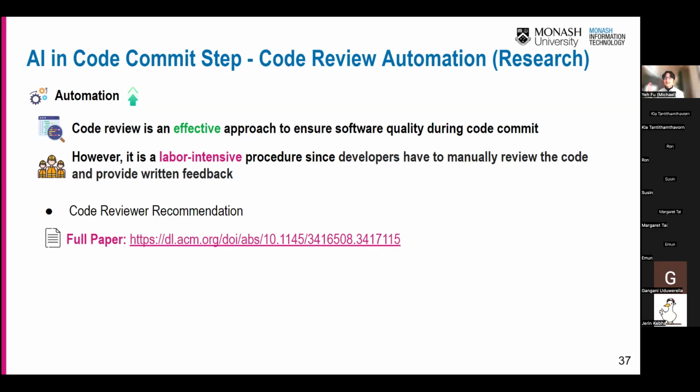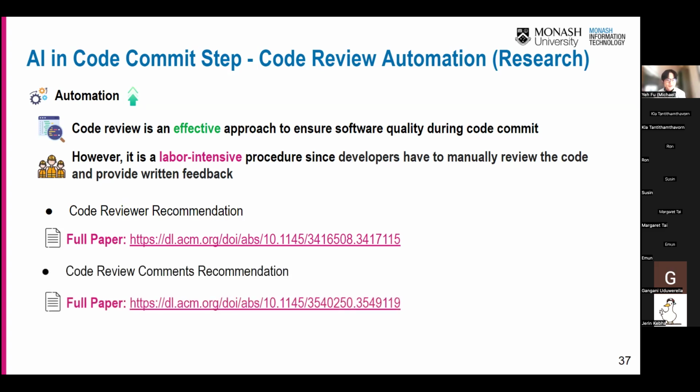If you allocate a C++ expert to review Python code, this might not work really well, right? The reviewer may spend much time but review less code. So with code reviewer recommendation, we're trying to find optimized reviewer allocation for different projects so that we can get the most efficient reviewing process.